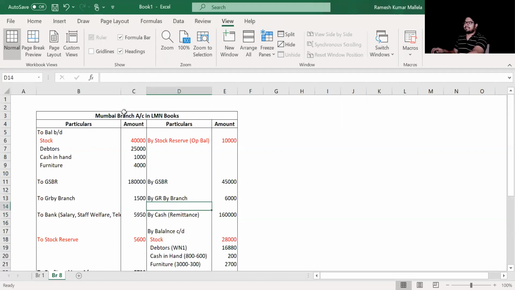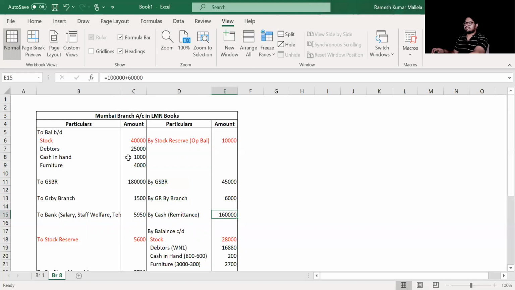Now let us see cash remittance being made by the branch to head office. The cash sales made is 1,20,000, given in the question, and cash collected from debtors is 65,000. Apart from this, the petty expenses incurred by the branch is hardly 700 rupees. To incur that 700, you already have an opening balance of 1,000 rupees. So I would take cash remittances directly.